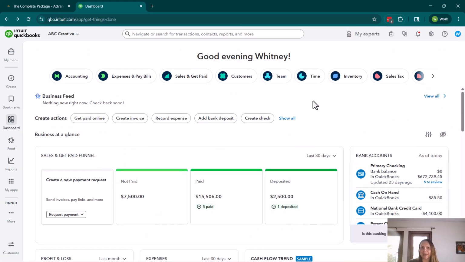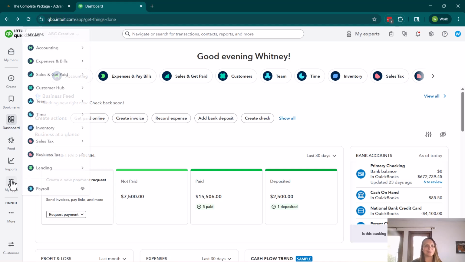Now, sometimes when issuing a credit memo, I like to go into the actual customer file and view the actual customer balances, because QuickBooks will sometimes automatically apply a credit memo, and sometimes we need to delete that after it's been automatically applied. And I'll show you what that looks like and how QuickBooks does that here in a minute. But because of that, sometimes it's easiest to go to the My Apps section and then navigate to issuing the